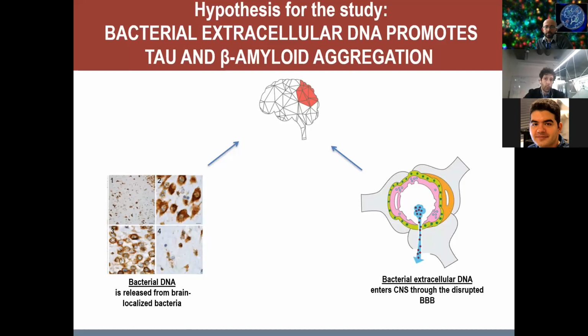And we've got a wild idea. We hypothesized that DNA secreted from brain-localized bacteria, as well as bacterial cell-free DNA that can be found in the blood plasma, can get to the cerebrospinal fluid from the systemic circulation due to an impaired blood-brain barrier and could lead to protein misfolding in the brains of patients with Alzheimer's disease. Therefore, we suggested that bacterial DNA is a promotional or seeding factor for tau and A-beta protein misfolding.